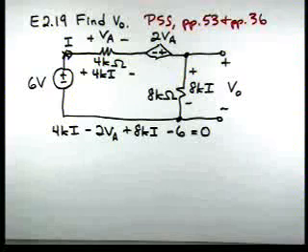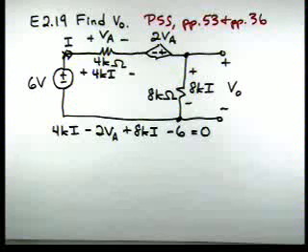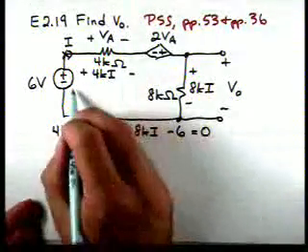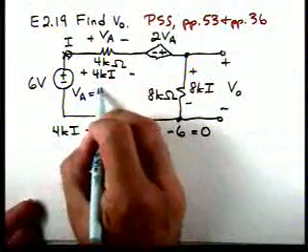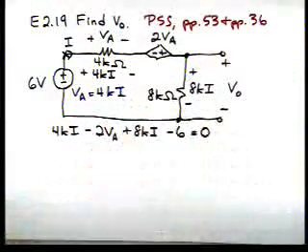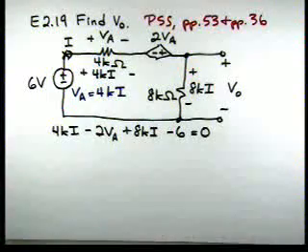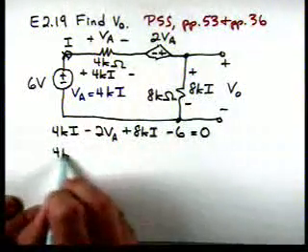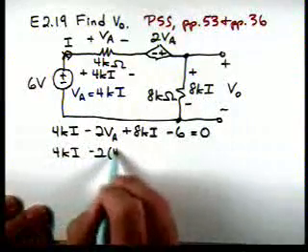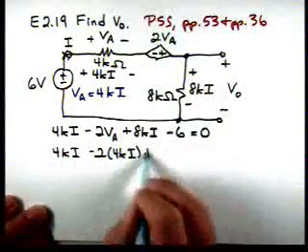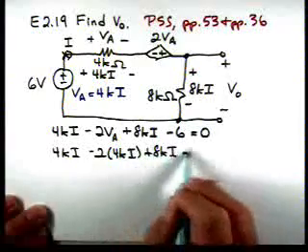So we applied Kirchhoff's voltage law to the single loop circuit. We treated that dependent source as if it were an independent source. Now, if we look at our circuit, then for instance we can see that VA is equal to 4K times I. So now let's make that substitution. Okay. So now we'll have 4K times I minus 2 times 4K times I plus 8K times I minus 6